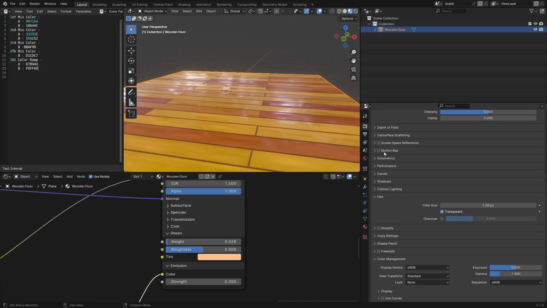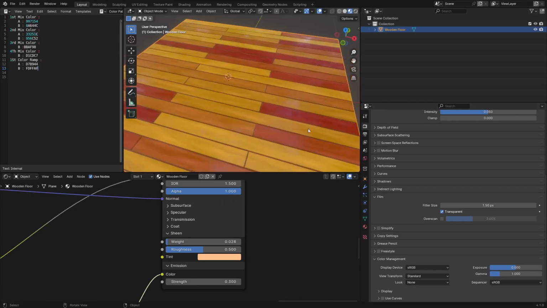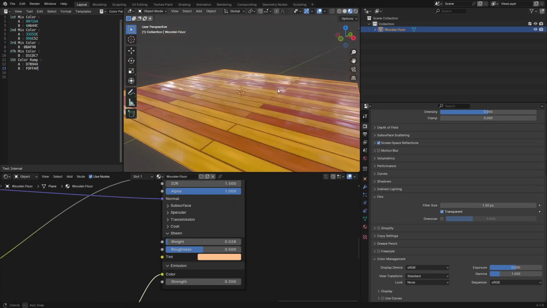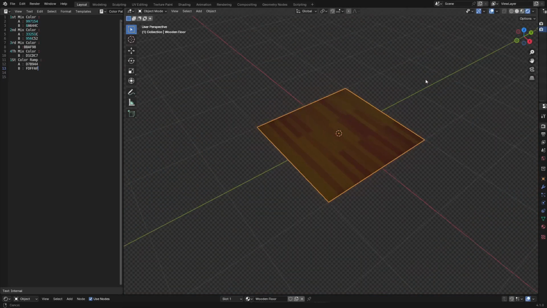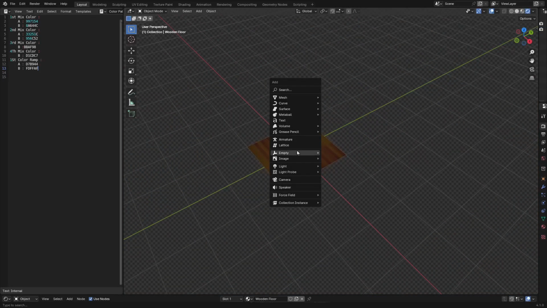Okay, I forgot about the screen space refractions. Let's enable that and see if we have some difference. Clearly we have nothing. Just enable that, maybe in the render viewport. I'm going to switch to the render viewport right now. As you can see, it's blank, so we need to add Shift A